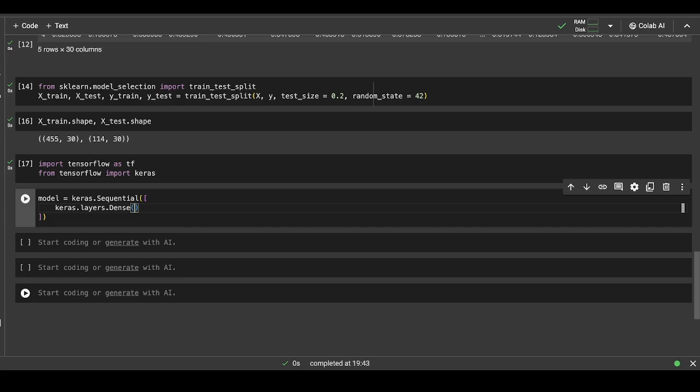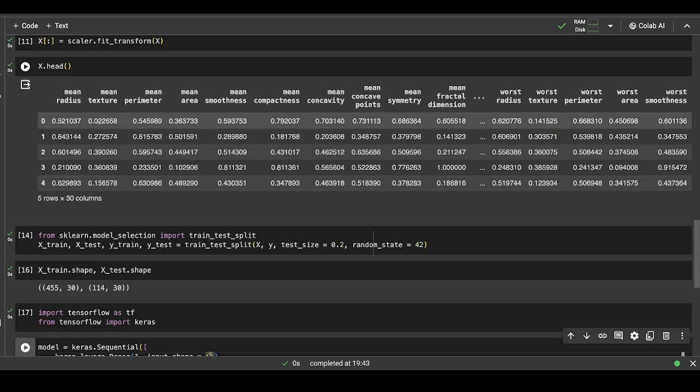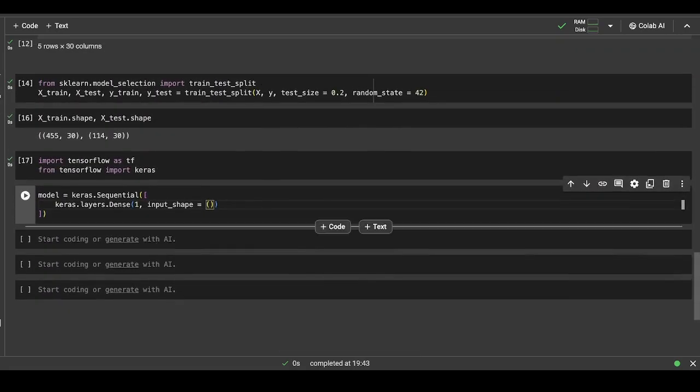Now see, this is a binary classification problem. The output neuron will either be 0 or 1. That means in the output layer you just require one neuron which will provide the output as 0 or 1. So the output layer would just have 1 neuron. Let us give the input shape. The input shape would be the number of inputs that we have. You can see in the input data frame we have 30 columns, which means we have 30 inputs. So 30, and we will also provide the activation function.